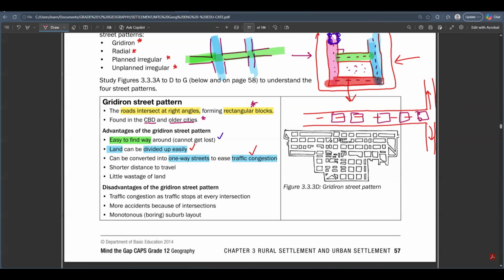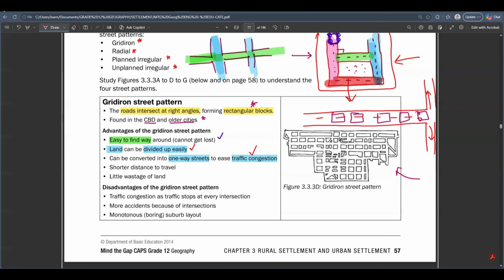If you go to a street, maybe in our area, most of the times the locations that we live on have this grid iron street pattern. You will never find traffic in such a location. You never find traffic, because of this structure of the pattern, because of this arrangement of the roads.